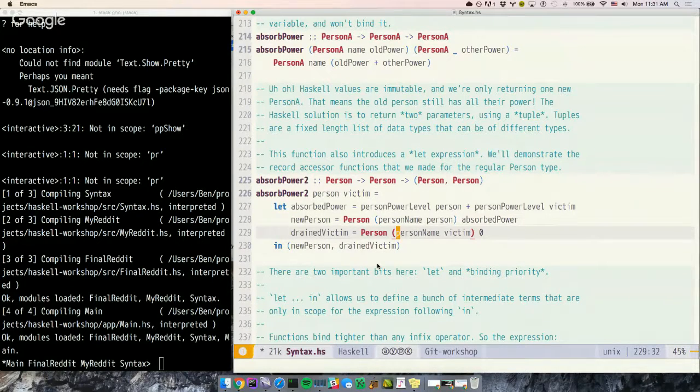Yes, there is. So one thing that you might see, like right here, I don't actually have any partially applied functions right now, but this arrow syntax allows us to partially apply functions. And so if we provide just the first person, what this really returns is a function that takes a person and then returns that person drained. So we can partially apply this absorb power function and then say, okay, we're going to make